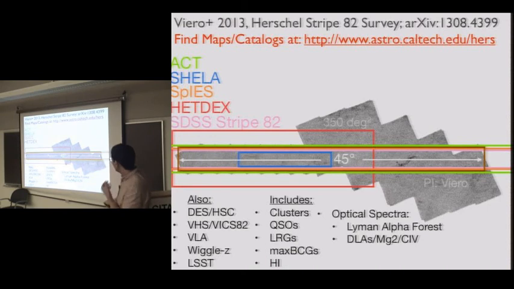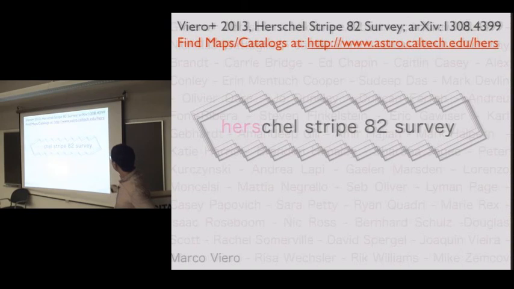And this survey here, the Herschel Stripe 82 survey, has just recently gone public. So if you want to download these maps yourself, made with SIMSTACK, so they're really great, or the catalogs, you can do it from extra.caltech/Herschel.